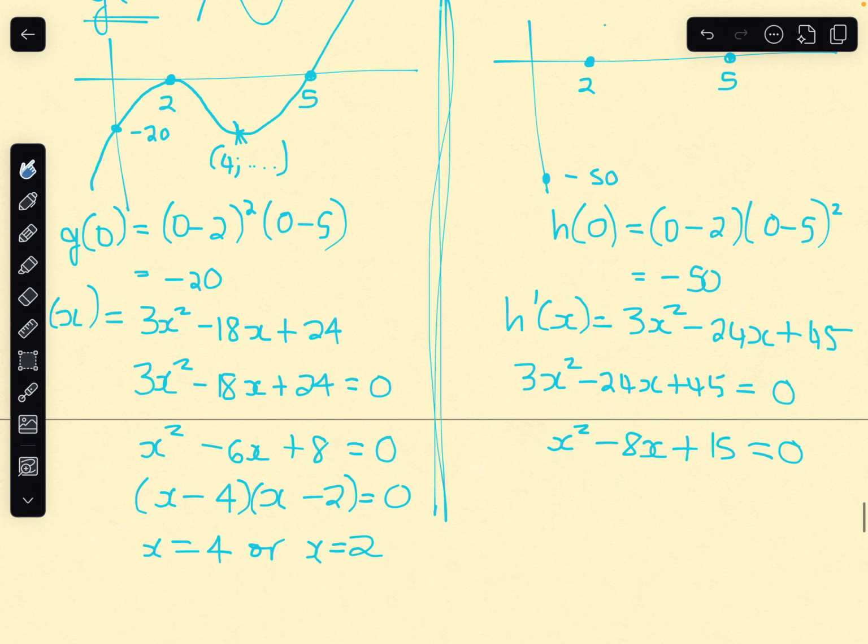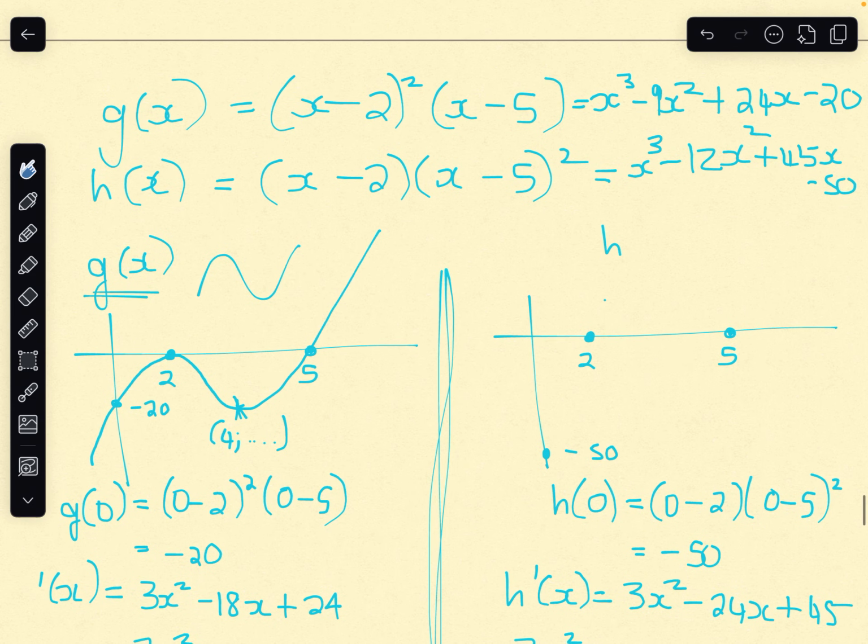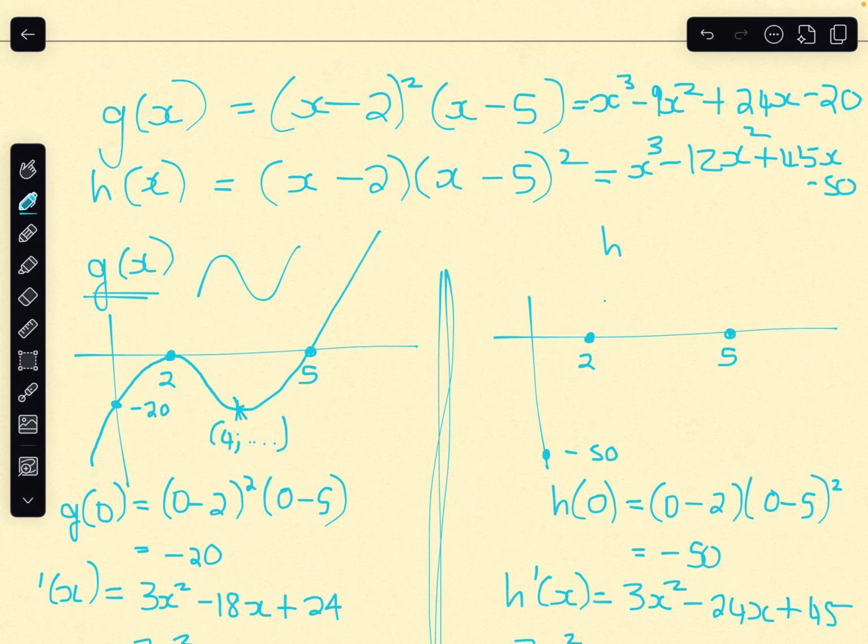Then we have x minus 3 times x minus 5. So x is equal to 3 or x is equal to 5. So that would be a situation where we have the